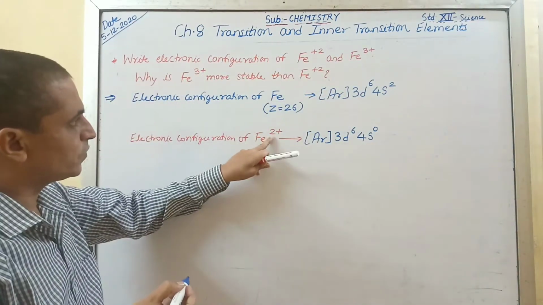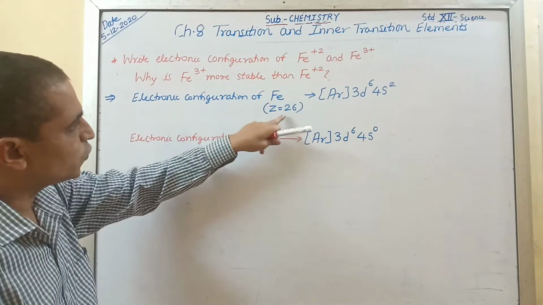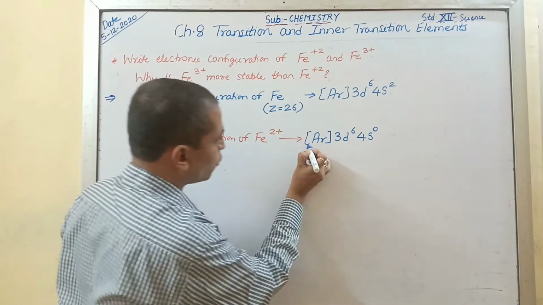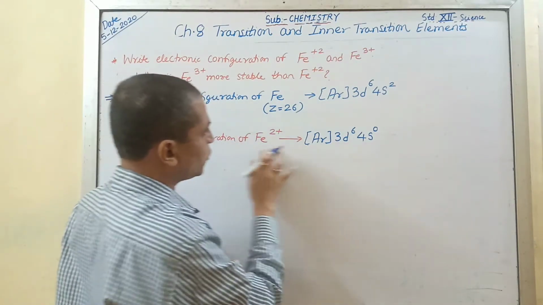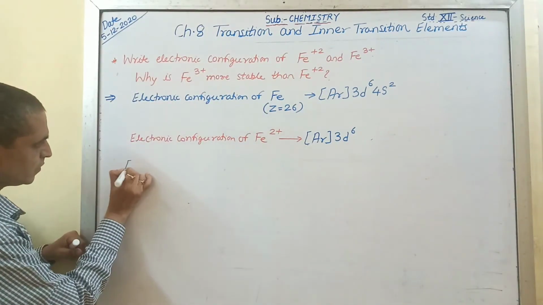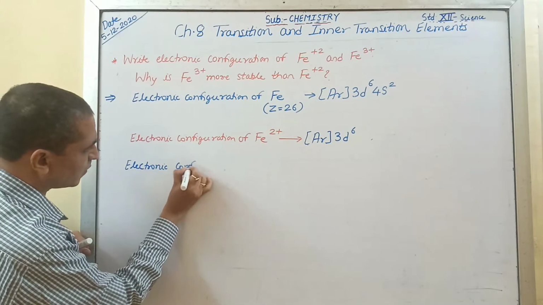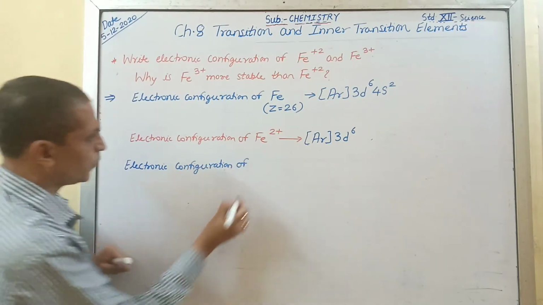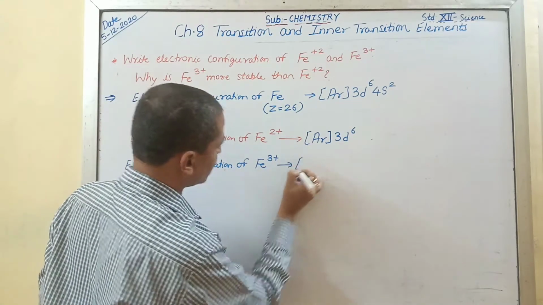Whatever charge is given, you have to subtract from the atomic number of that particular element. So here you get what? 26 minus 2 means 24. Argon carries 18 electrons and 3d6, so 24. So the electronic configuration of Fe2+ can be written as Ar 3d6. Similarly, the electronic configuration of Fe3+ can be written as